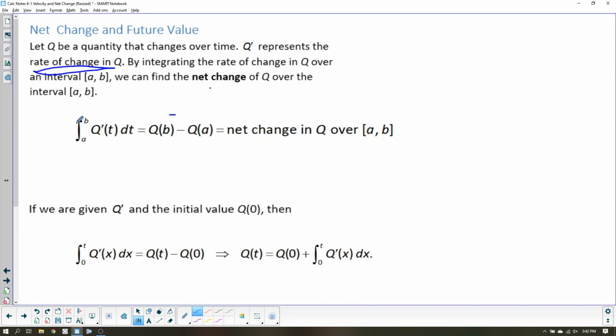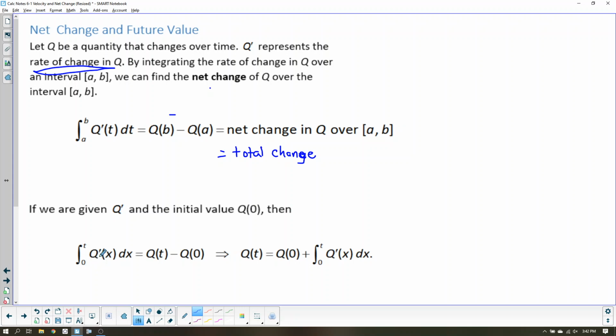So total change should be a giveaway that you need to integrate. Right? That's really what we mean when we say net change. You could also think of it as total change, or sometimes they'll just say total amount. Okay, just as before, if you needed to get a future value formula, we could do the same trick we